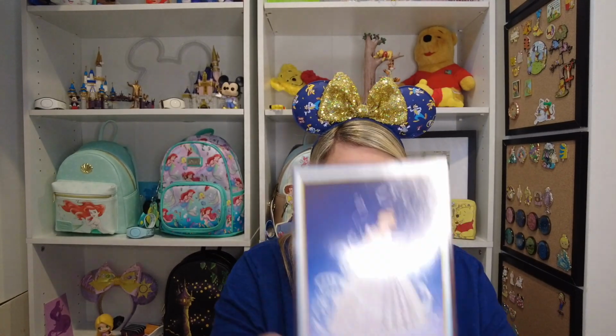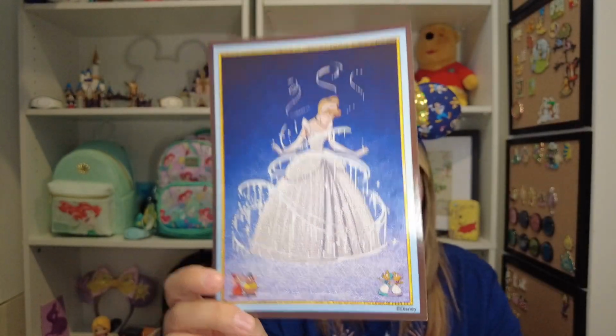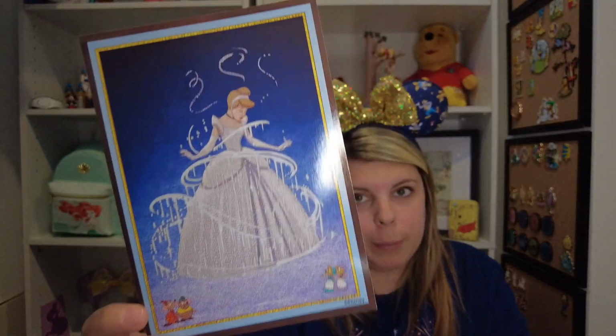And then they handed it to me and told me it was basically a birthday present, but I'm pretty sure they were handing it out to every table. But they gave us 4 of these Cinderella postcards, which you can't see. The last time I went, it was for my birthday, it was on my birthday again. They gave me this big round picture that has all the princesses that you usually meet in the castle, and it's got the castle on it, and it has their signatures. But this time, I'm guessing because you only meet Cinderella right now from a distance, of course,